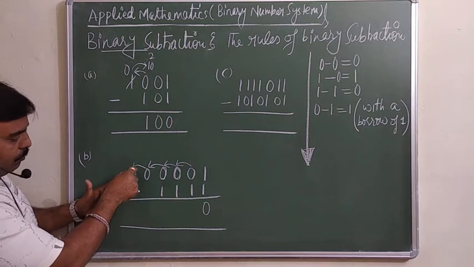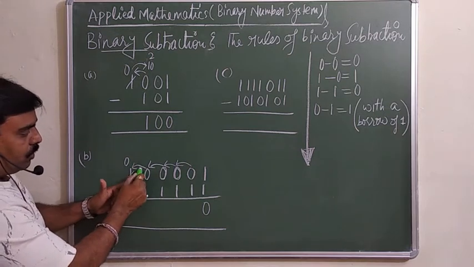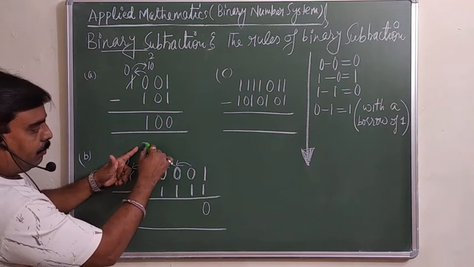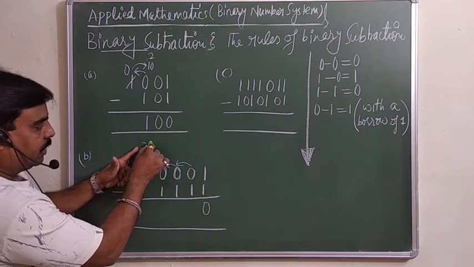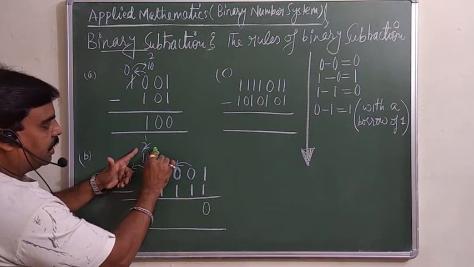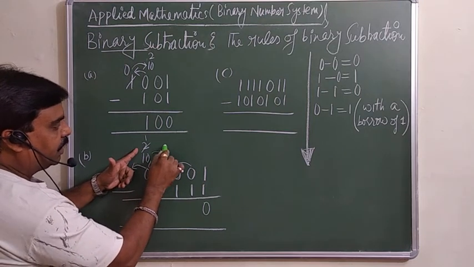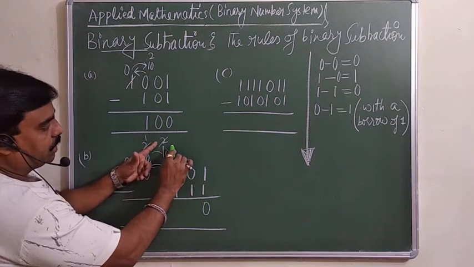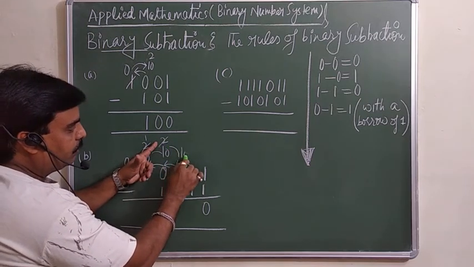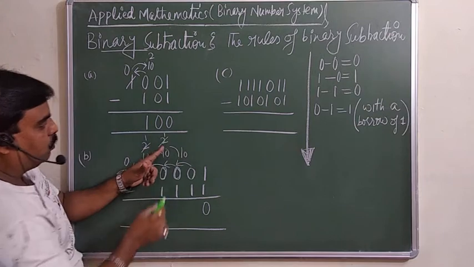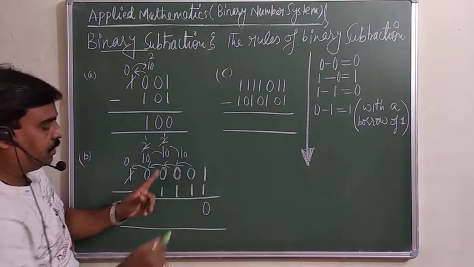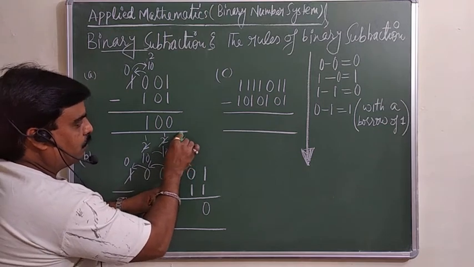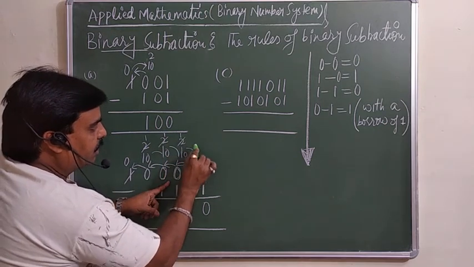ये यहां से borrow करेगा here. जब ये यहां से 1 borrow करेगा तो it's become a 0 और ये हो जाएगा 10. 10 means 2. अब ये 2 क्या करेगा? It will give you 1 is here. ये 1 यहां दे देगा तो यहां 1 रह जाएगा. Here it's become again 10. 10 means again 2 हो गया. Then फिर again we will borrow from here. यहां से ये 1 इसको दे देगा. It's become a 2, 10 but here क्या हो जाएगा? 1 हो जाएगा. 2 था 1 चला गया इधर. Now 2 then this is 2 is here only. यहां 2 होगा. Then ये 1 हो गया. इसने borrow करके यहां दिया 10. That is become a 2.